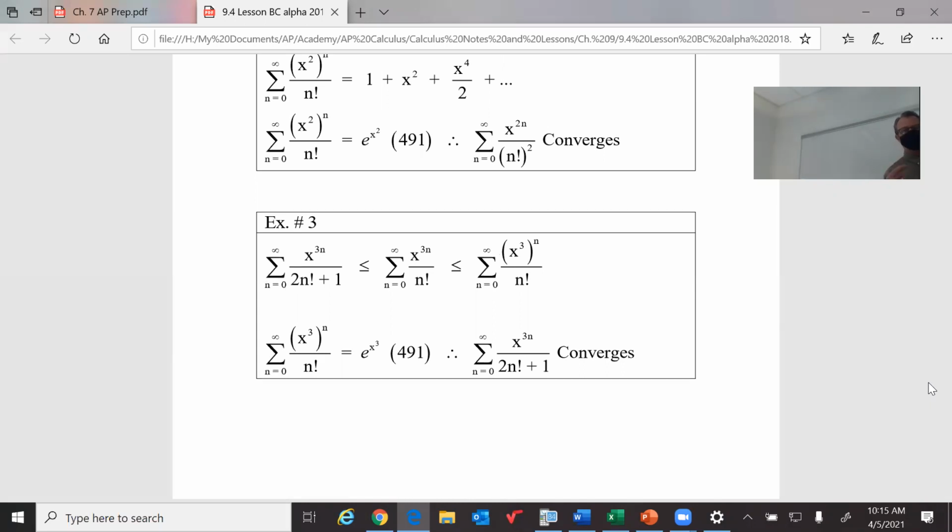And the series they gave you, when you look at the denominator, it's (2n plus 1) factorial. That's really confusing. All you need to know is that (2n plus 1) factorial is bigger than n factorial. So if the given series has a bigger denominator, then it has to be less than what you know, which is e to the x. So that's how that was done. Okay? Now,